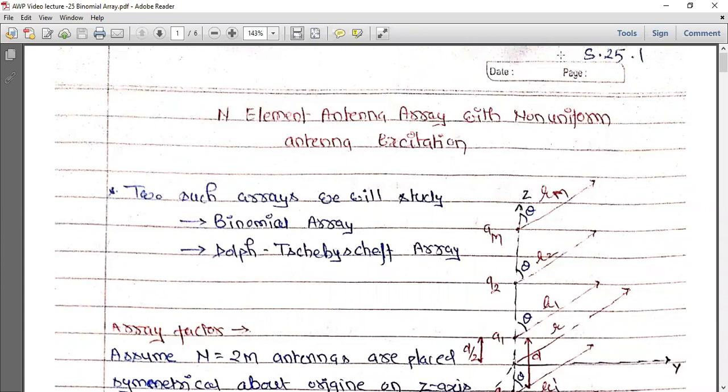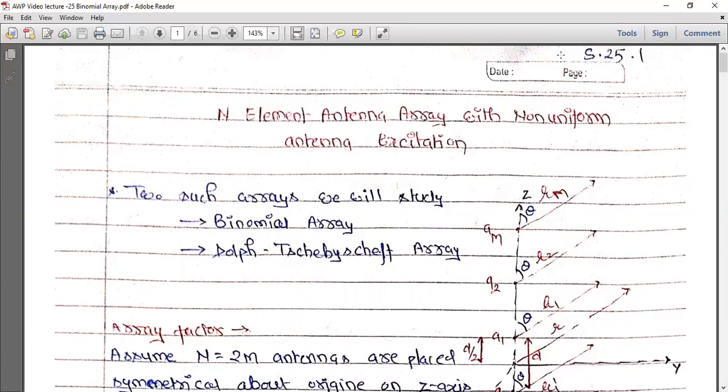In some of the previous sessions we went through the uniform antenna array. A uniform antenna array is defined as a system having multiple antennas, all placed along a straight line, and the inter-element spacing, the spacing between every two consecutive elements, is constant. The magnitude of the excitation, or the magnitude of current provided to every element of the antenna array, is constant, and the phase difference between every two consecutive elements is constant. That means the phase is progressively increasing.